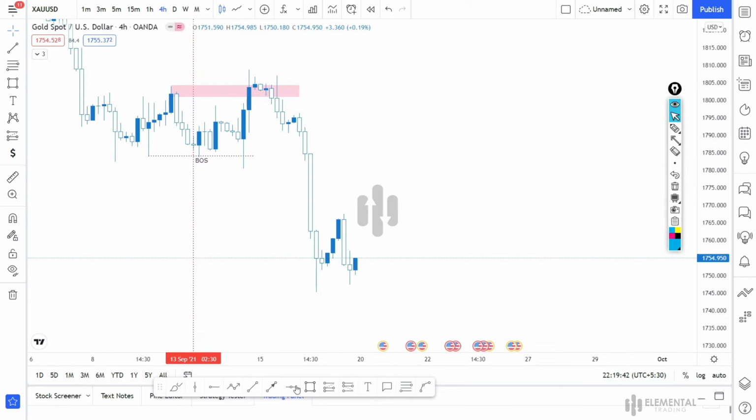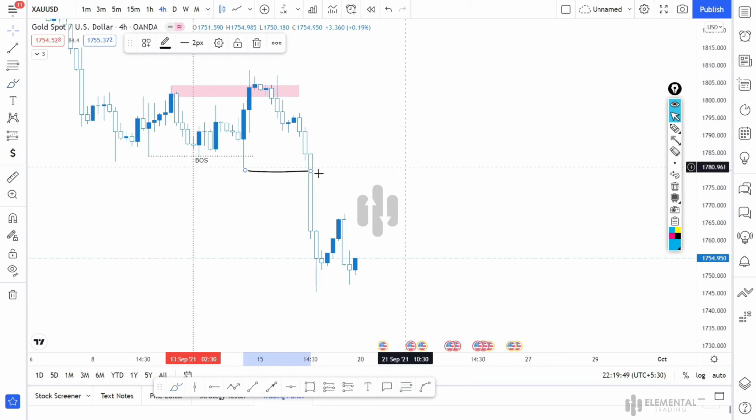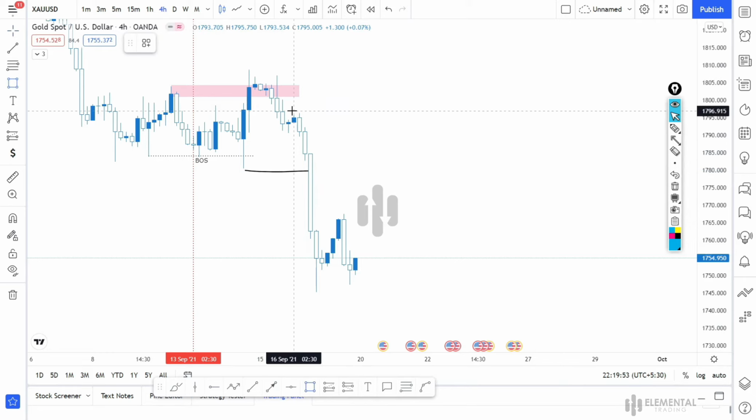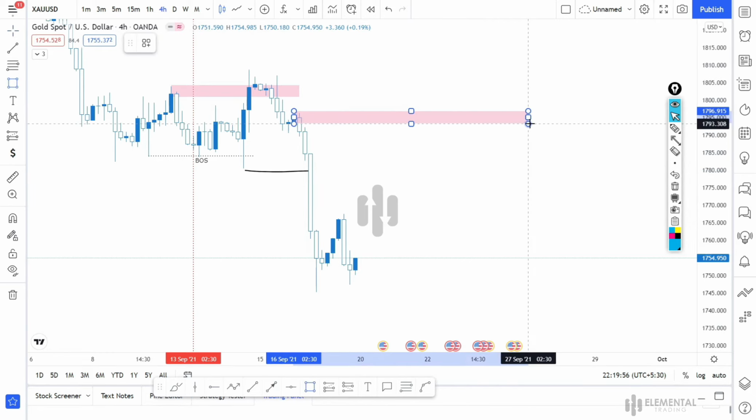Moving on to the next week's plan. Here we can see price broke structure from this level. Okay, this is breakout structure. So our major key level will be here. This will be our major key level,